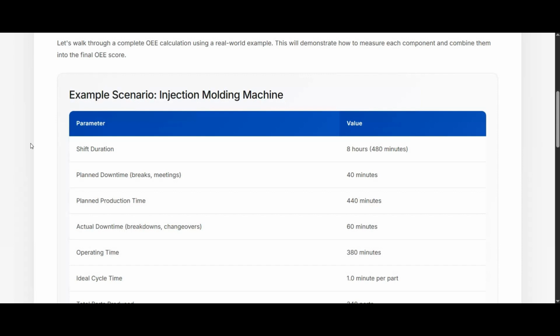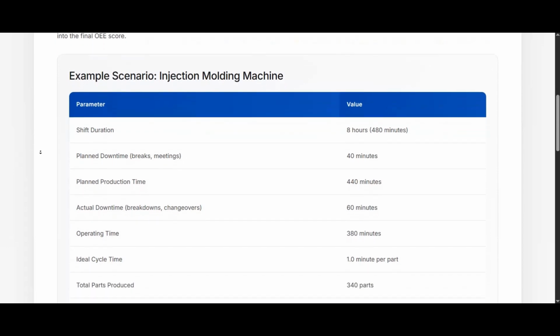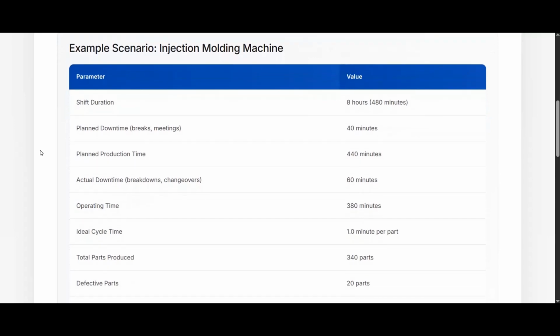Now we will pull all of this together in a practical example. Let's say we are working with an injection molding machine. The shift lasts 8 hours or 480 minutes. Out of that, 40 minutes are planned downtime for breaks or meetings. That leaves us with a planned production time of 440 minutes. But then the machine loses another 60 minutes to changeovers and breakdowns, which brings our operating time down